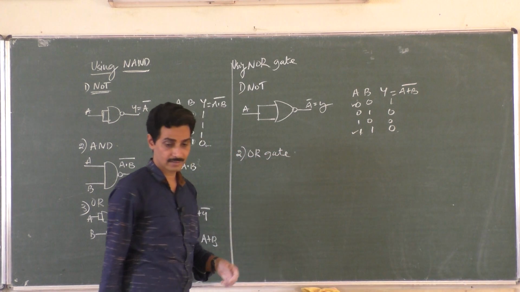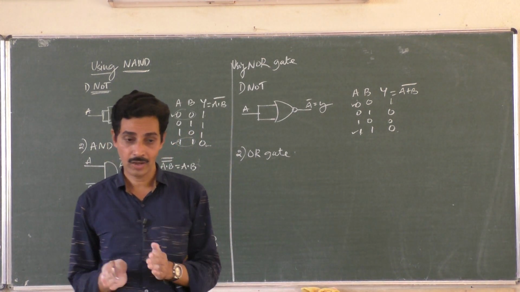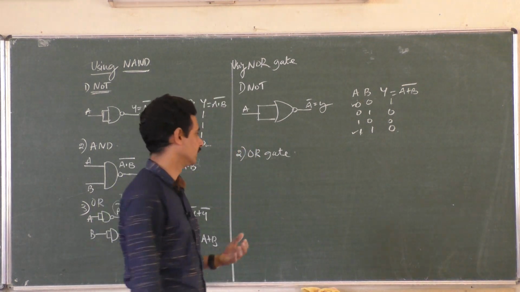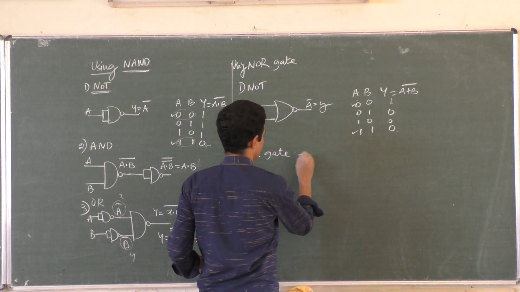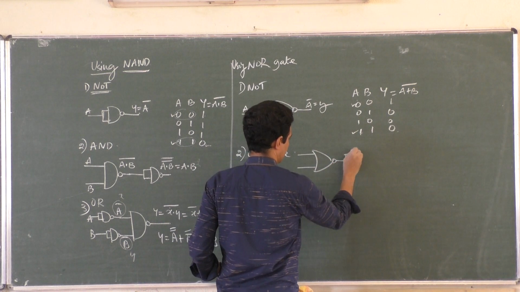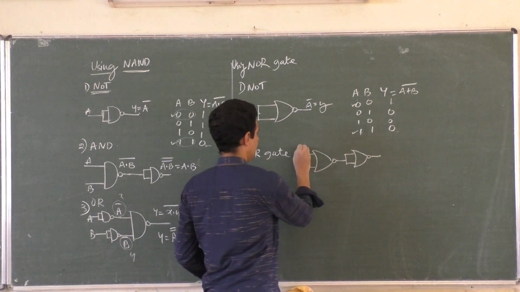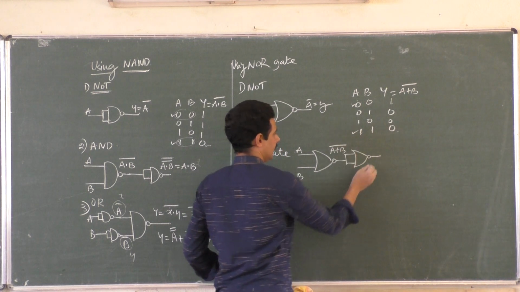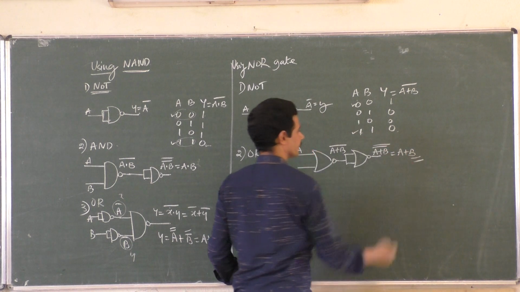So first we will form OR gate using NOR gate. How do you construct the OR gate using NOR gate? Already in a NOR gate, OR is complemented. Complement it again, it becomes OR again. So take a NOR gate. Complement it again with a NOT gate, but the NOT gate should be made up of NOR gate only. So A, B, and here is A OR B bar, and this one is A OR B bar 2 times, A OR B. OR gate.